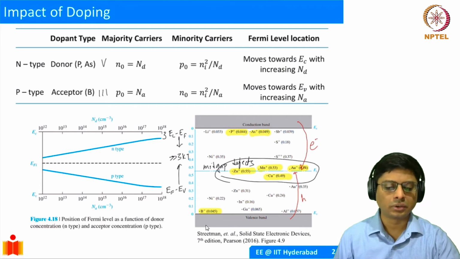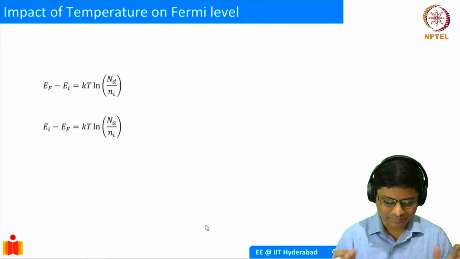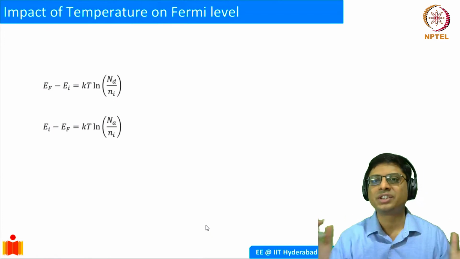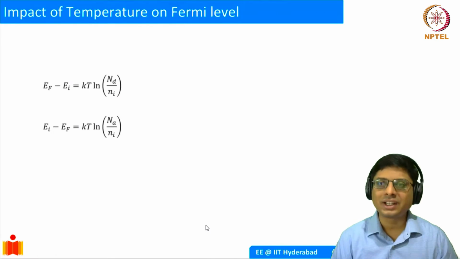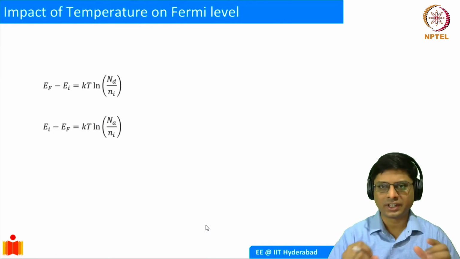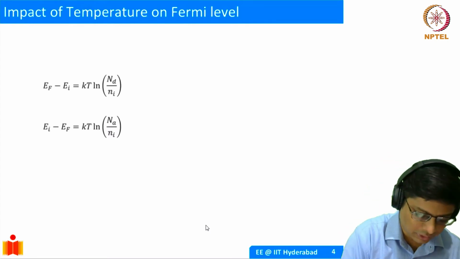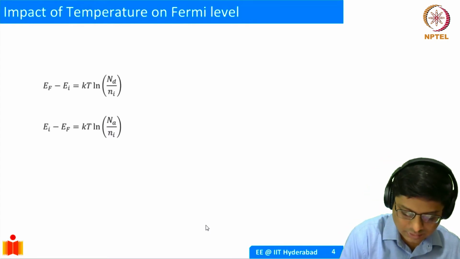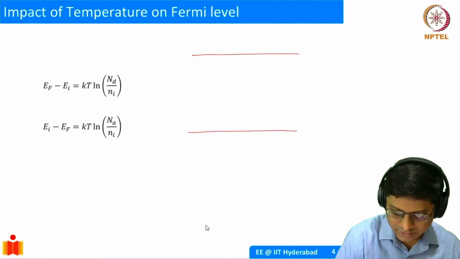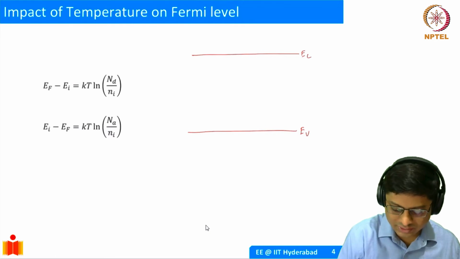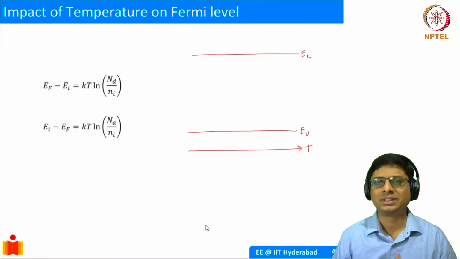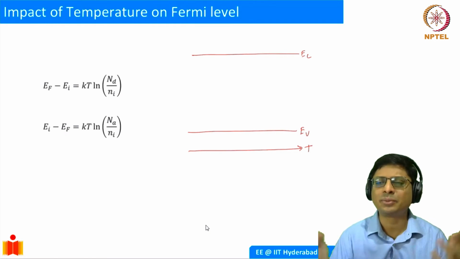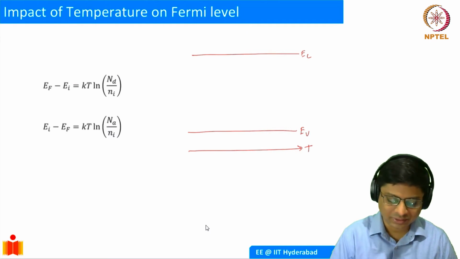All right, now let me ask you a question. We saw how the Fermi level changes with the doping density. How does it change with temperature? If you want to analyze that, we'll have to look at the expression, because we are interested in plotting. I'm interested in plotting EC, EV. And now the question I'm asking is, as I change the temperature, what would happen to the Fermi level? Let's say initially the Fermi level was somewhere, and let's take some doping density, maybe 10 power 15 donors.